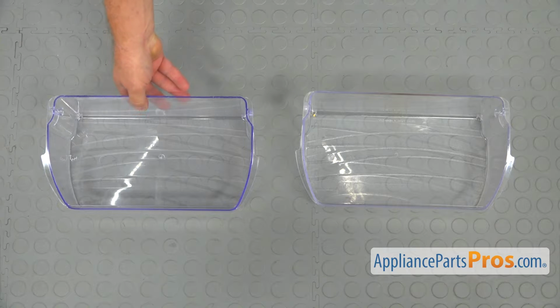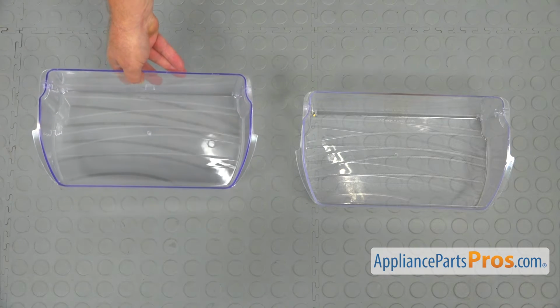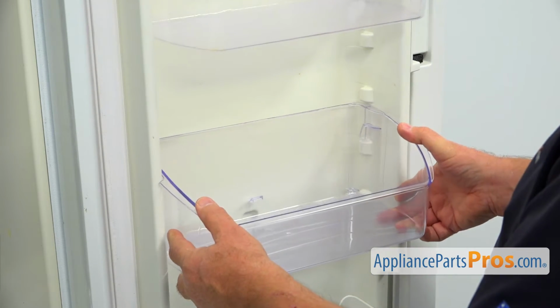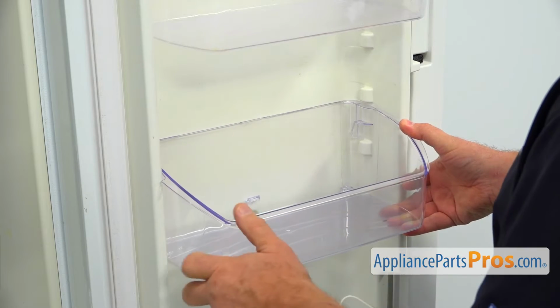If you don't have this part, you can get it from AppliancePartsPros.com. To install the new door bin, we're going to bring it in, slide it in between those pins here,